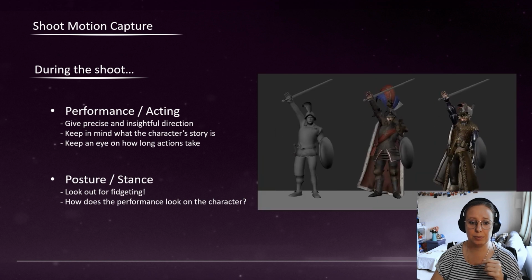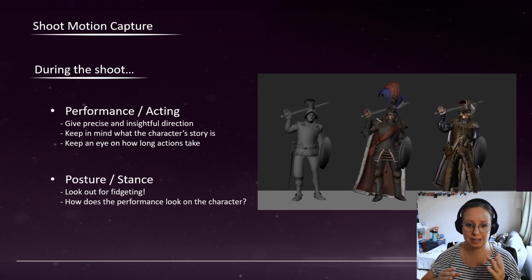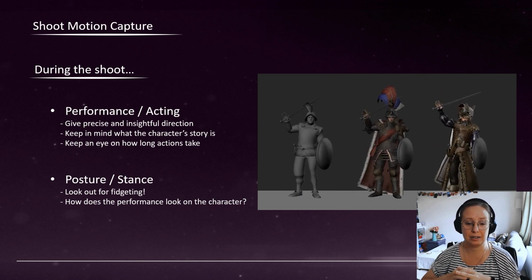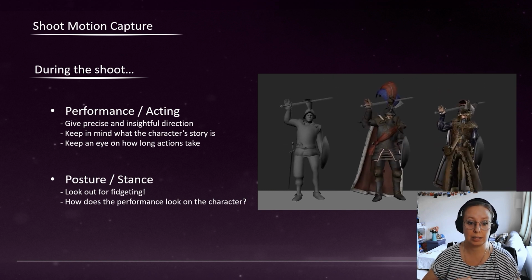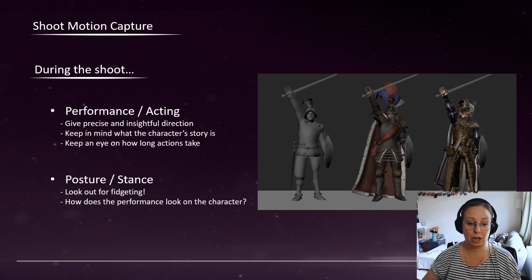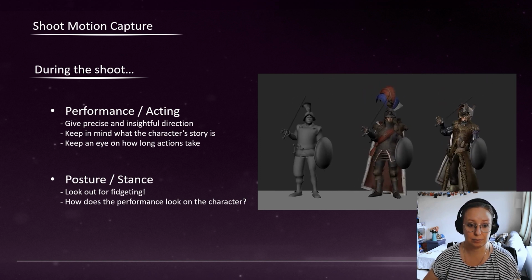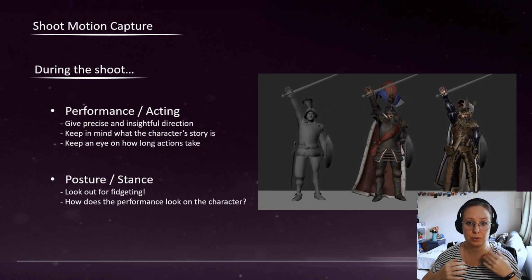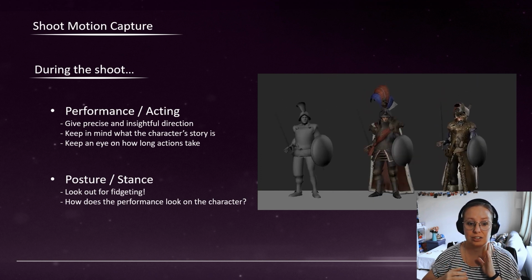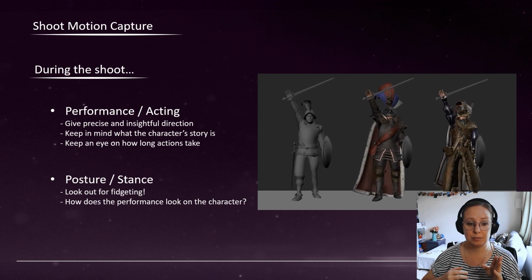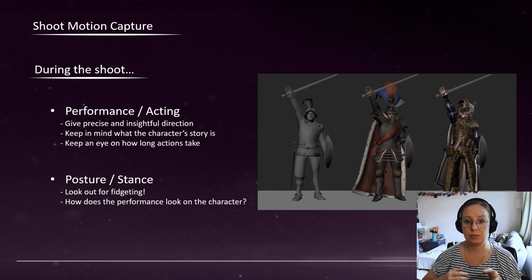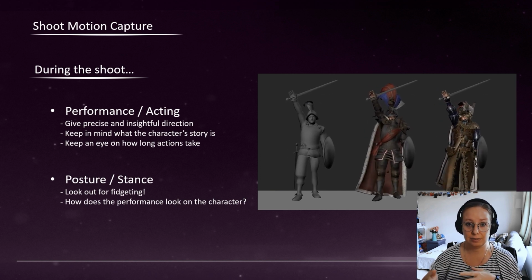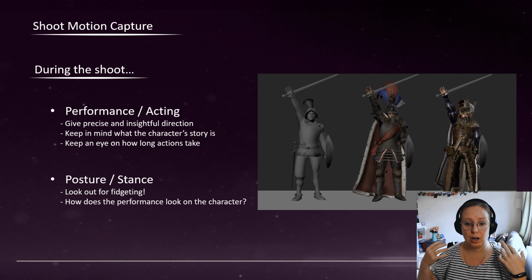And then how does the performance look on your character? So this example right there is pretty interesting. The character on the left is an Empire State Troop from Warhammer 1. When he lifts his arm up with his sword or axe or whatever, you can see that his shoulder is going up and his clavicle and shoulder are slightly touching the face. So for this character the motion can function, even though we're going to have to edit it quite a lot. Then Marcus Wulfhart on the right of the picture, he's got some fur on his shoulders,